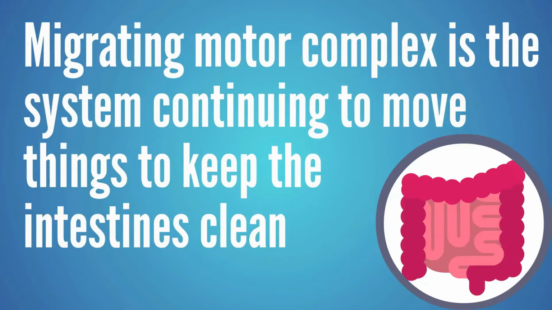People also talk about this migrating motor complex as basically that system kind of moving things through even after the food is gone and kind of cleaning up that intestinal tract and getting everything out. And they're like, your migrating motor complex isn't working, so all this bacteria is thriving here in the small intestine. But again, is this more about everything in the system just moving slowly because it's leaning too far on the alkaline side due to a lack of stomach acid to help it move through the system correctly?